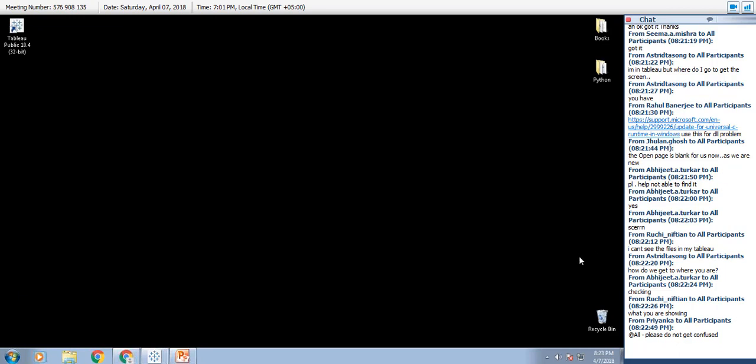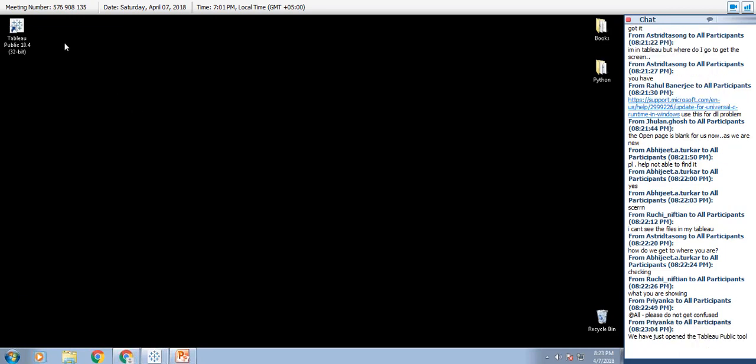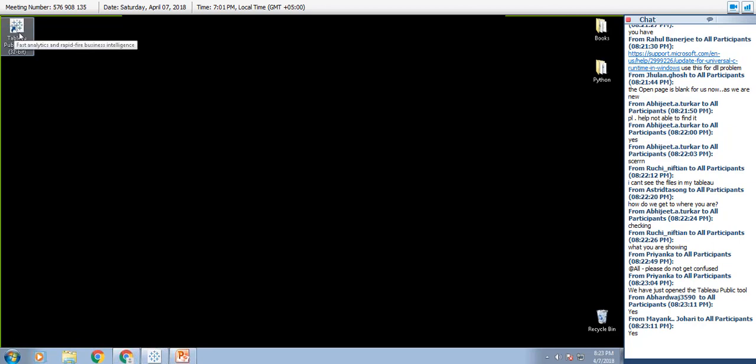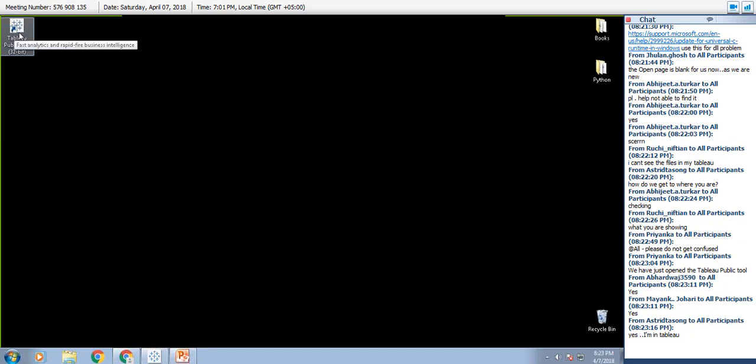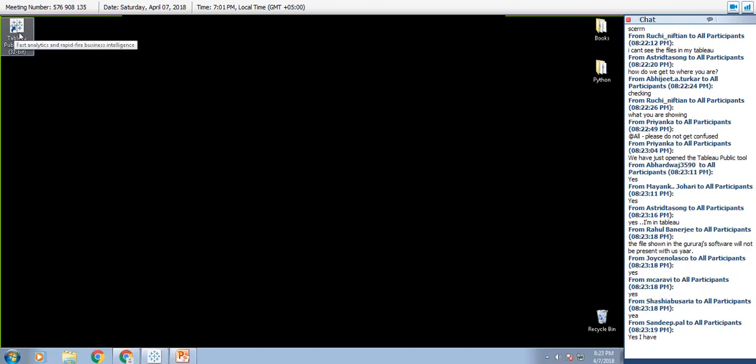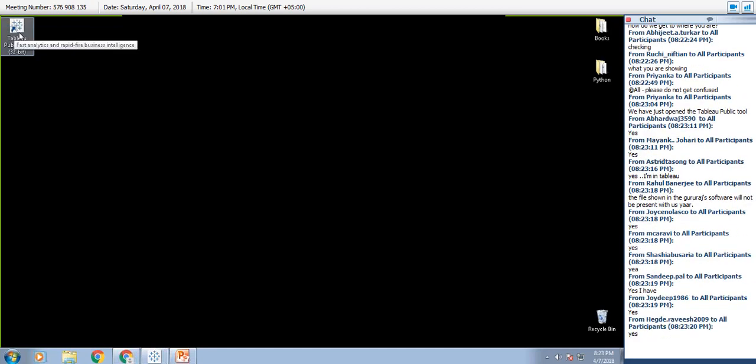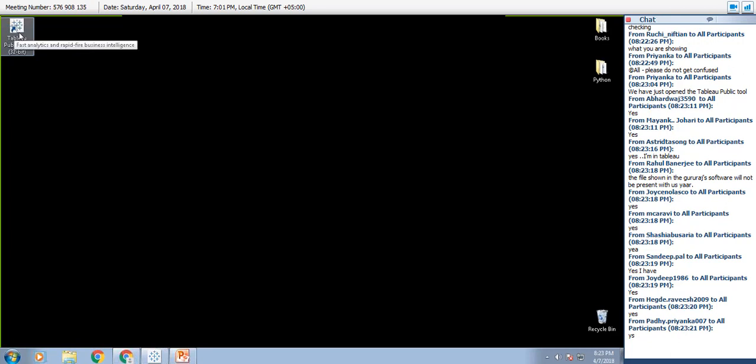People who have not been able to get to the screen, do you have a Tableau Desktop 10 shortcut on your screens? Yes, no, people who are unable to get it. All right, just double click on that. Just double click.